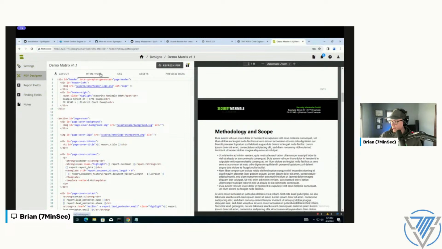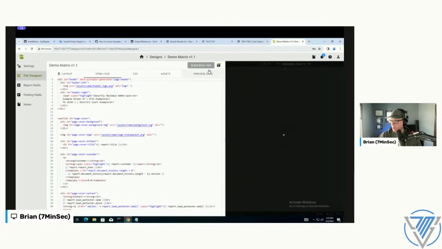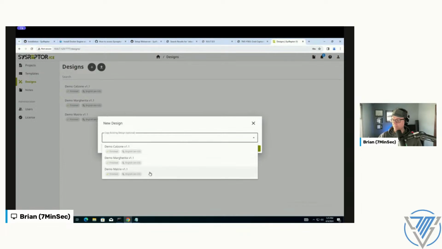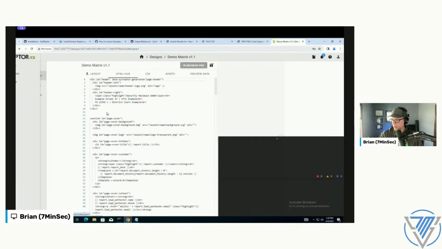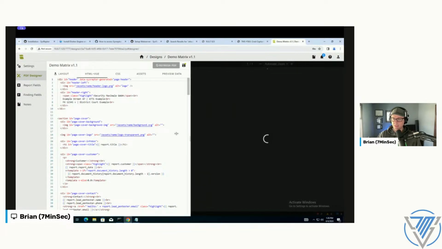I just went into the designs. I went to, let's see, demo matrix. Oh, I think once I open it up, maybe, I don't know. Someplace there's a place to copy. Here we go. New design, base it on matrix, right? Another thing to definitely not gloss over is that if you notice here, let me just go into demo matrix. If I were to make, let's say this is my template, and if I want to make changes to this,